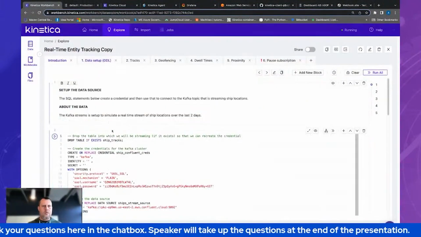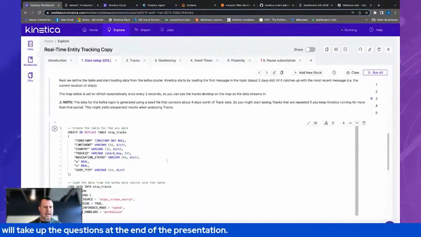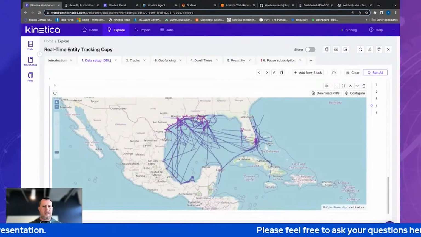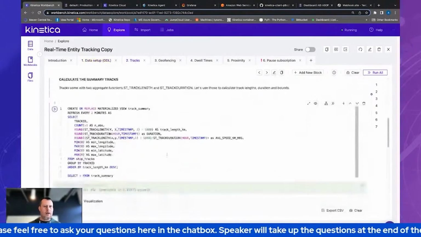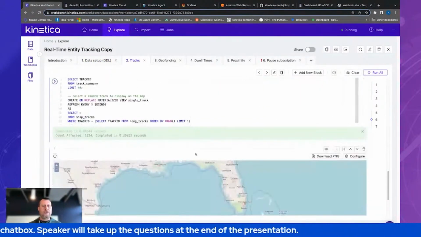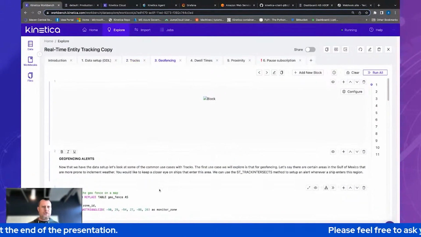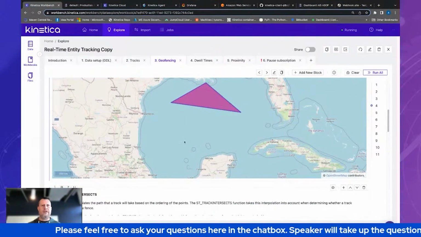Then from there, we do a little bit of setup. So we start streaming the data from a Kafka topic into our database. We create the table. Here's the load into statement, and of course, here's the end result, being all those tracks that have been ingested into the database. We looked at what tracks are. We looked at how we can see those as tabular data. We looked at those on a map, and then of course we dug into the geofencing use case and how to view which vessels were coming into this particular triangle right here,